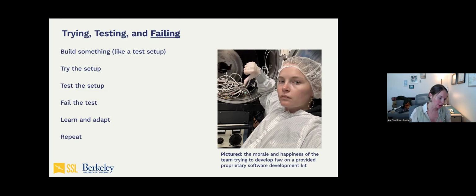Once you get through building up your engineering model and preparing that, you try, you test, and you fail over and over and over again. You build something like a test setup or an EM detector. You try the setup, you test the setup, you realize it completely failed the test and that you didn't have the correct communication, that something wasn't glued right, that something wasn't assembled right. You learn what went wrong and you repeat that. And here on the right is the morale and happiness of the team trying to adapt some of the EnduroSat systems, me, to our instruments. After weeks in a basement where there's chambers and testing chambers, it slowly drives you insane, but it's okay.